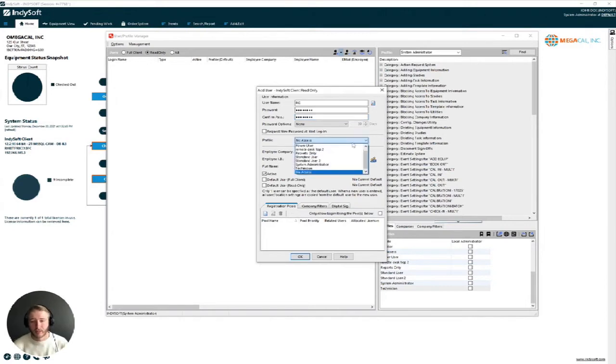you want to make sure that this profile type is no access and it stays as no access. Anytime you create a new user, let me repeat that, anytime you create a new read-only user, you want to make sure that it always says no access. If it doesn't say no access, they will have some sort of full access to your system. So now that we have that super important no access setting set, we can give them an employee ID